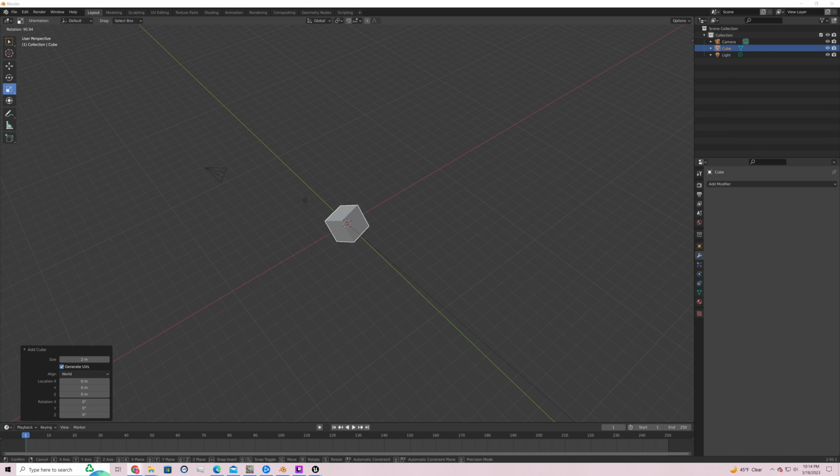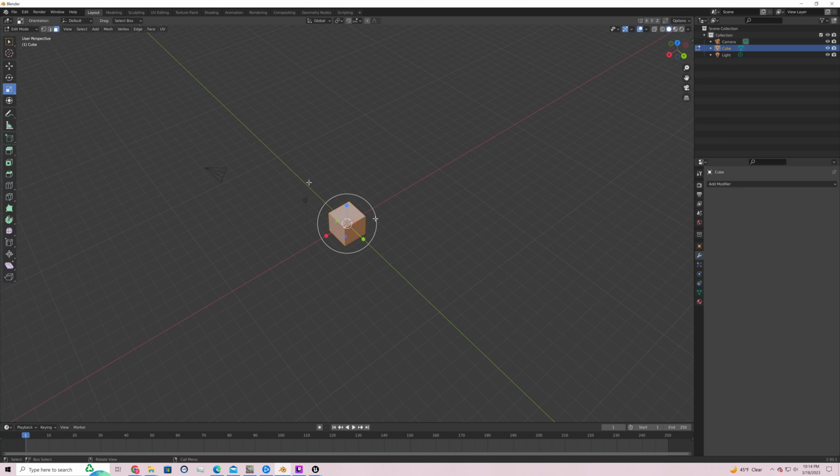Control R and cut the default cube in edit mode, in half. Scale up the middle and scale down the sides. With those top two